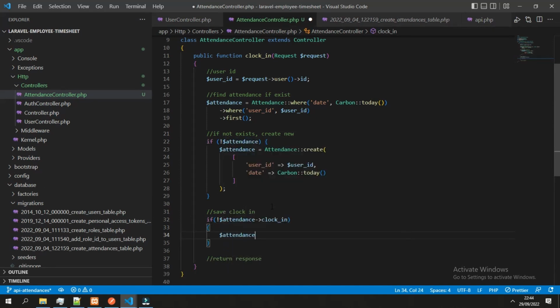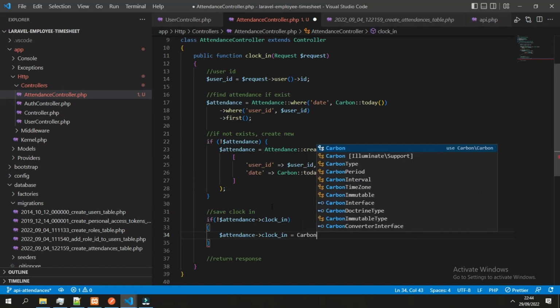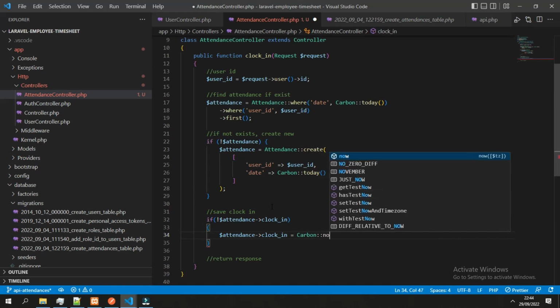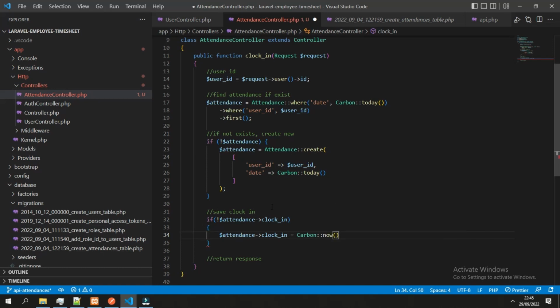So attendance clock in is equal to Carbon. Now we use the now functions, which include the time and date. And next we will save the attendance object.